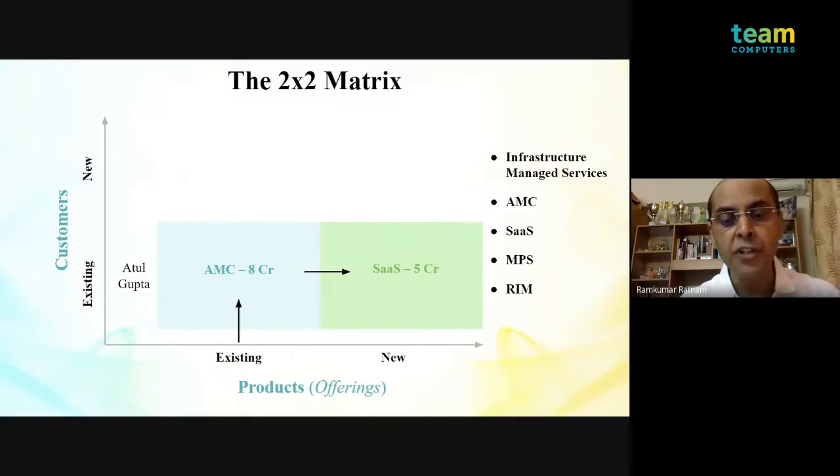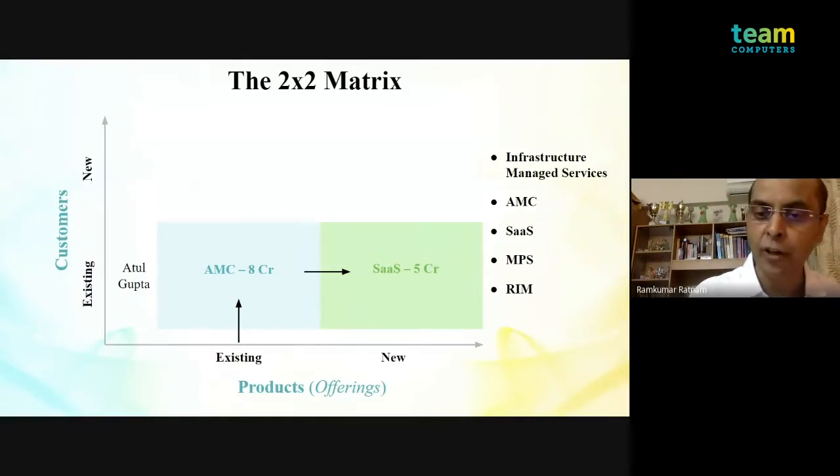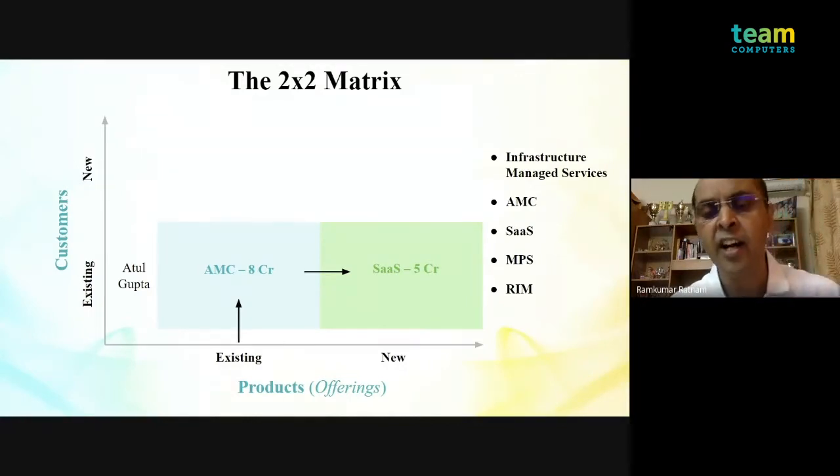Now if you see this quadrant, Atul Gupta is your existing base, whereas your SaaS is relatively a new offering. Your SaaS is just about 6 months to 1 year new, as against your AMC, which is your conventional strength where you have good credibility. Now, this is relatively a hard sell because it's a new offering. You're building your capabilities here. You do not have too many wins under your bag, but you are leveraging your existing base of Atul Gupta. So that neutralizes to a great extent that you have a new offering in your bag.